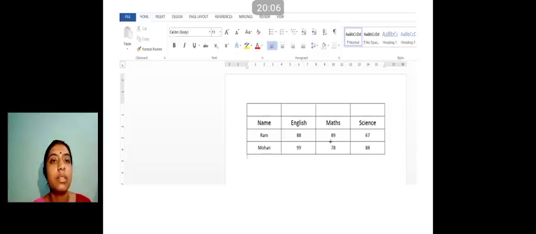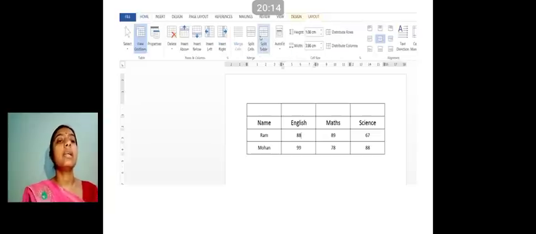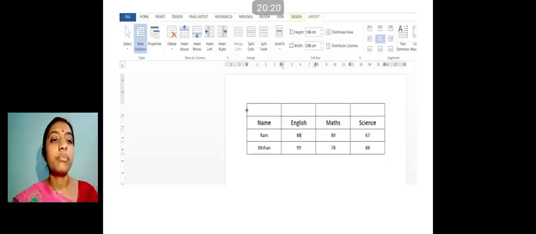go to Insert. The table is already inserted. So I have to select those particular cells. When I have clicked on the table, only then the Design and Layout options are available. Now I want to merge these cells on the top. 4 empty cells, you can see these 4. Now I have to select all those cells which I have to merge. Without selecting, the Merge option will not be highlighted.